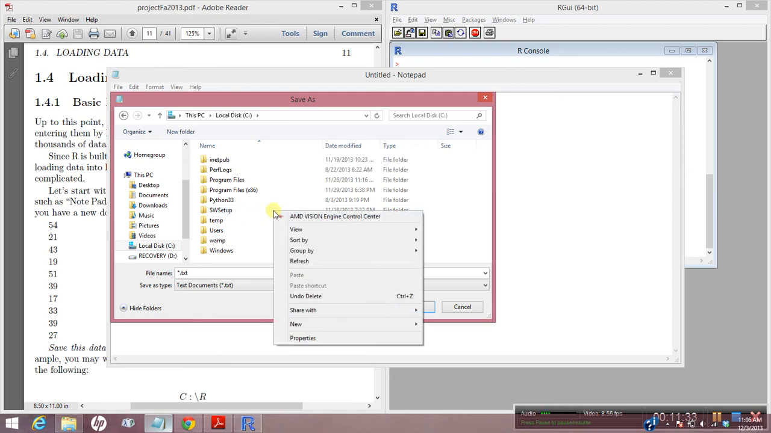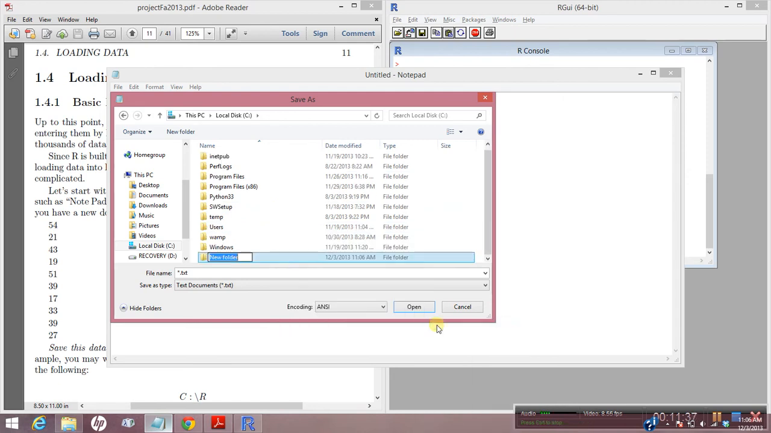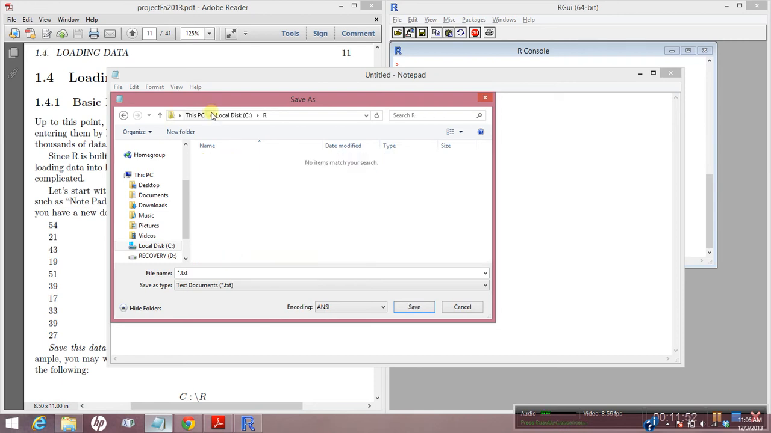Okay, so I'm going to right click, New Folder, and I'm just going to call it R. It's very important that you choose a convenient place like this so that you can easily locate the data when you want to move it into R. Okay, so I'm going to open up the R folder that I just created,